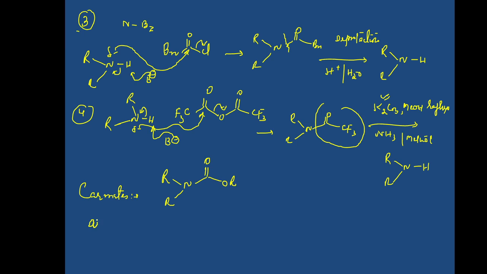Let me take the first type of the carbamate, that's Fmoc. This is very important. So what is the structure of Fmoc? This is the structure of Fmoc. Basically in the exam they can directly give you Fmoc or they will write the structure of Fmoc. So it's very easy. One should not be confused with the fact that this is Fmoc. So let me write the structure of Fmoc over here. This is actually Fmoc.